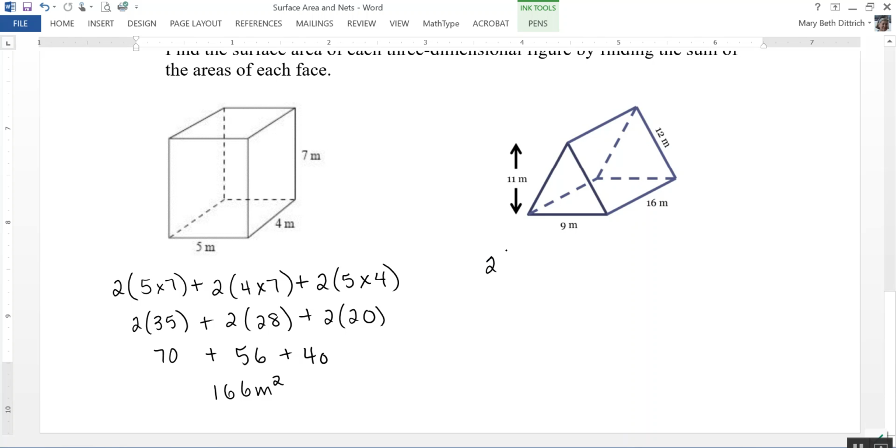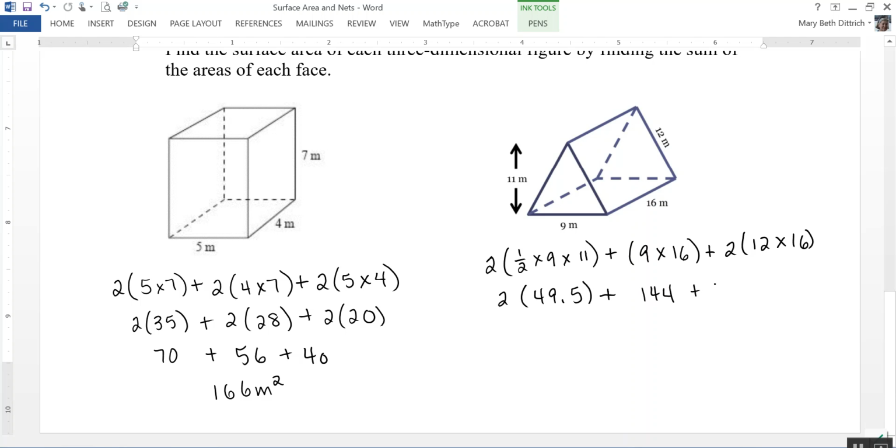So I'm going to do 2 times, and that's the area of a triangle, 1/2 times the base times the height, plus, next I think I'll do the bottom. The bottom rectangle is going to be 9 times 16. And then the 2 slanted sides, I have 2 of those, and those are rectangles that are 12 times 16. So this is going to give me 2 times 49.5 plus 9 times 16 is 144 plus 2 times 192, which altogether, added together, gives me a surface area